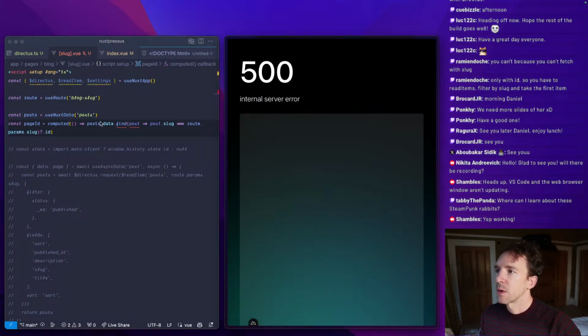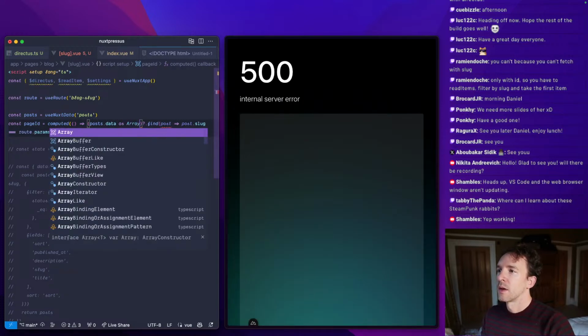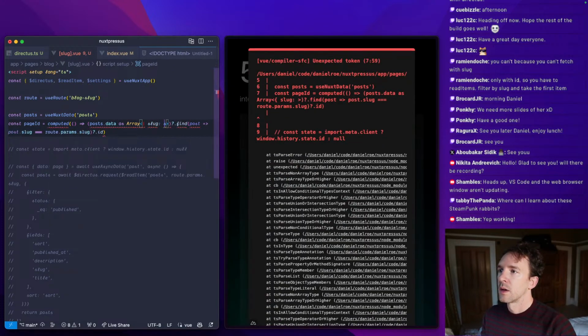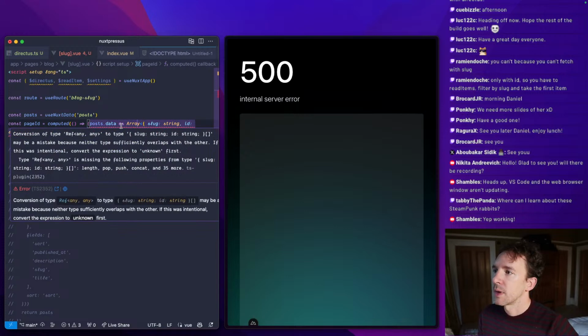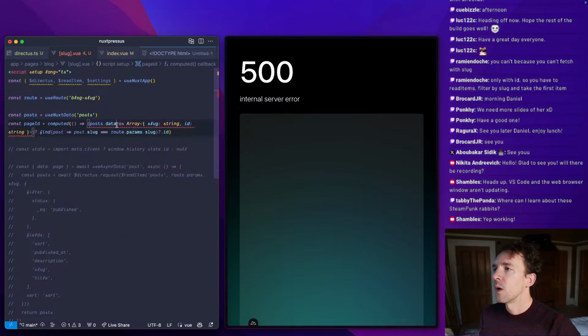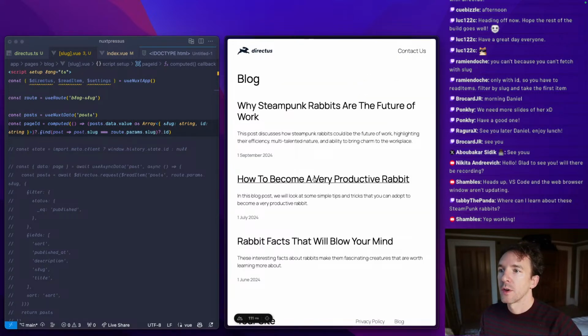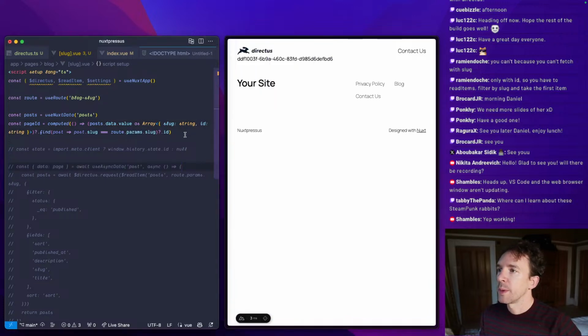Why is that not working? Post data might be undefined. Why is that complaining? Oh, .value maybe. Okay, let's give it a try. So, yep, okay, so that will basically short circuit it if the data already exists, but otherwise we will have